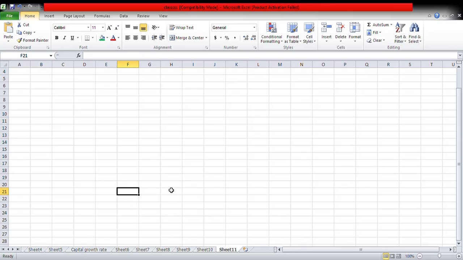Today you will see how to find determinants of a matrix using Excel sheets. First, let us take one matrix, say matrix A, which is of dimension 4 by 4, say 7, 4, 7,